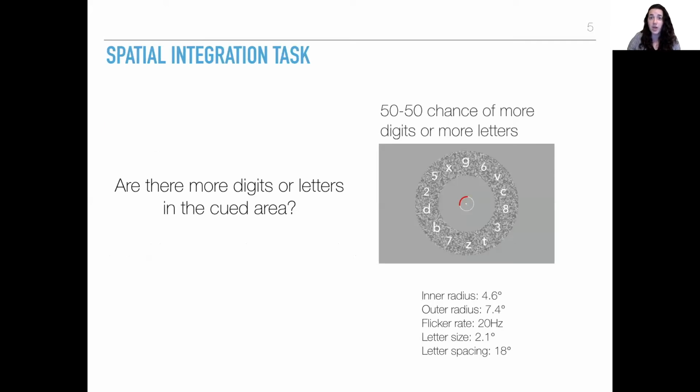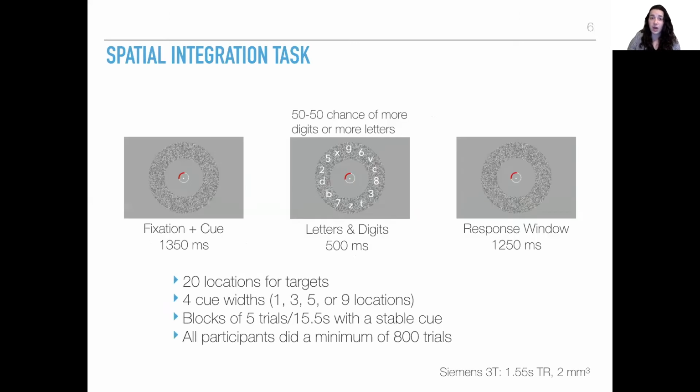So to start, we developed a spatial integration task in which participants fixated at the center of the screen and were asked to determine whether there were more digits or letters in a cued region of the circle. The cue was always valid, and there was a 50-50 chance of more digits or letters on each trial. Throughout the task, there was a ring of visual white noise present on the screen as well. For each trial, the participant would see the cue for 1.35 seconds before the letters and digits appeared for half